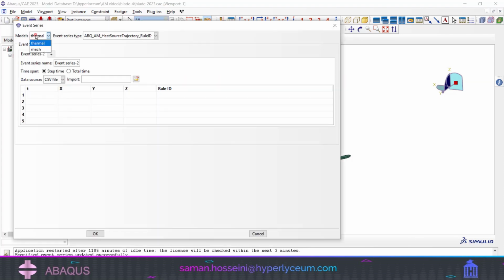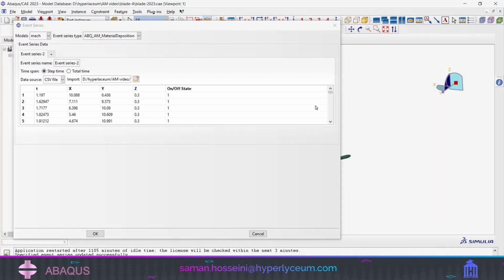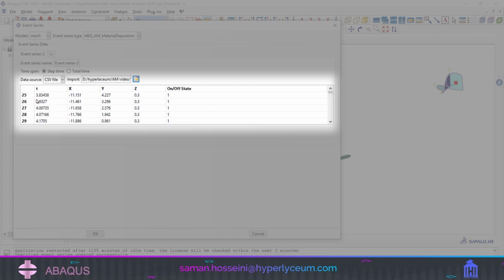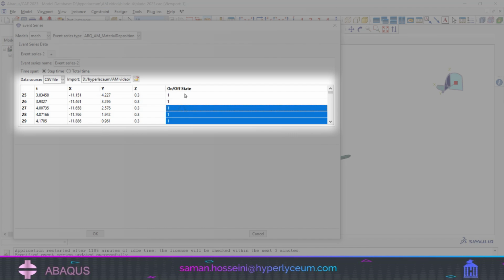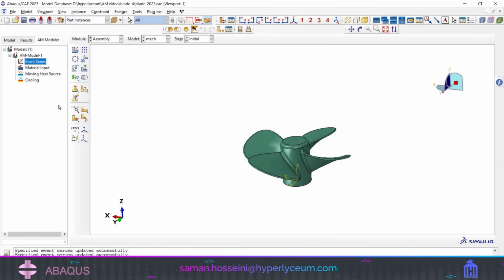Additionally, one more path is needed for material deposition. Here, I will select the material deposition file. The Gcode we generated for the material includes the timing for the X, Y, and Z coordinates. The two files we generated are similar, but in this case, instead of specifying power, we define the material deposition status for the nozzle. The first path is for the thermal source, and the second path is for the position of the nozzle that